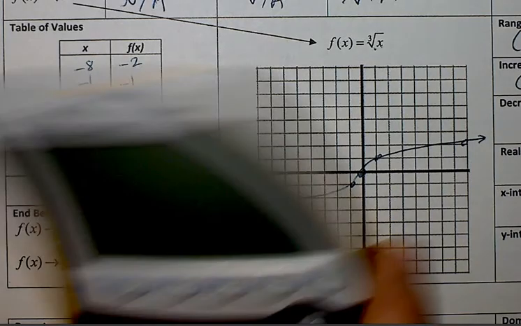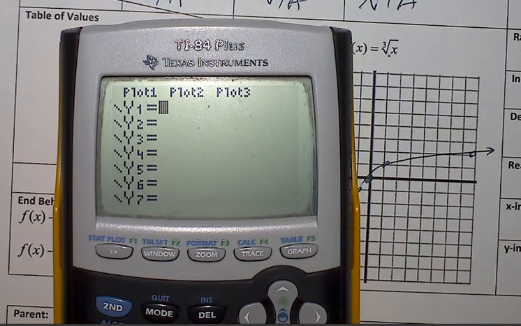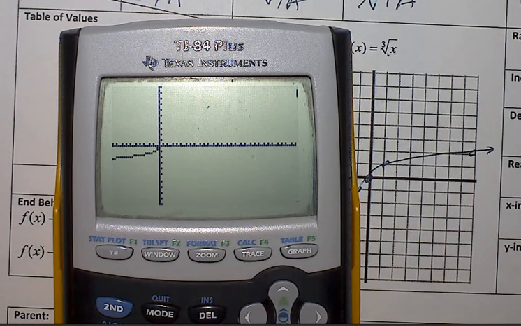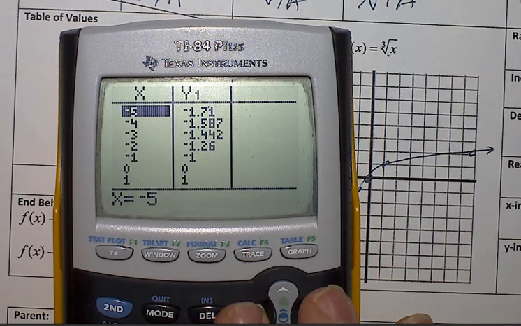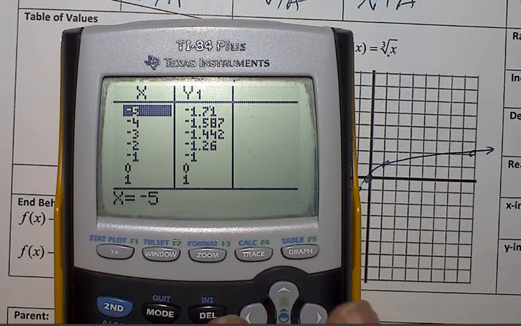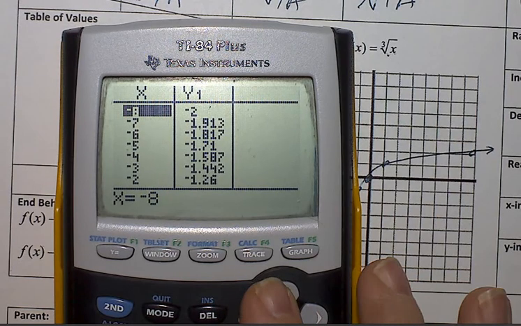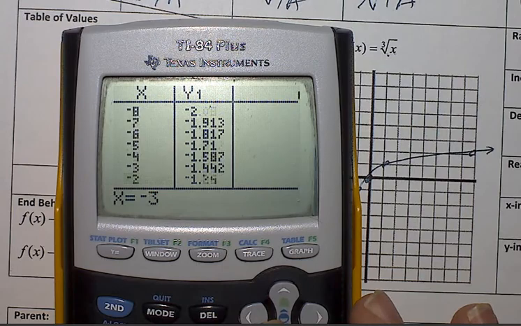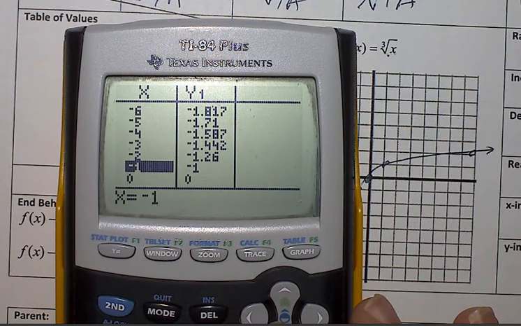Now let's talk about how you could graph this without having to know some of those things. So go back here to y equals. In parentheses, put an x, raise it to the 1/3 power, and hit graph. Do second table. You're not going to run into values that say error, because remember, we can plug in negative numbers, positive, or 0. So move up and down here, and we're going to stop anywhere we see a nice number. So -8, 2. Okay, we've already graphed it. -1, -1. We've graphed it. 0, 0, 1, 1,